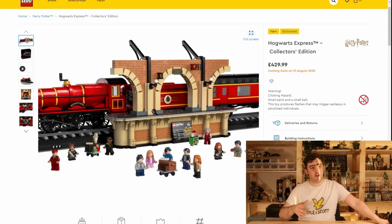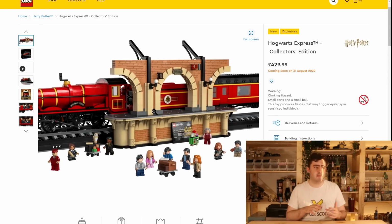And also, obviously, the train station is needed to place and populate all of those minifigures, because you get too many minifigures to fit inside the train itself. And obviously, you could then say, okay, get rid of this train station and give us an extra carriage. It would be nearly 2 meters long. It's already long enough. It can't be any longer. Just no. So I prefer having the station, and obviously with half of these minifigures being the epilogue figures, that